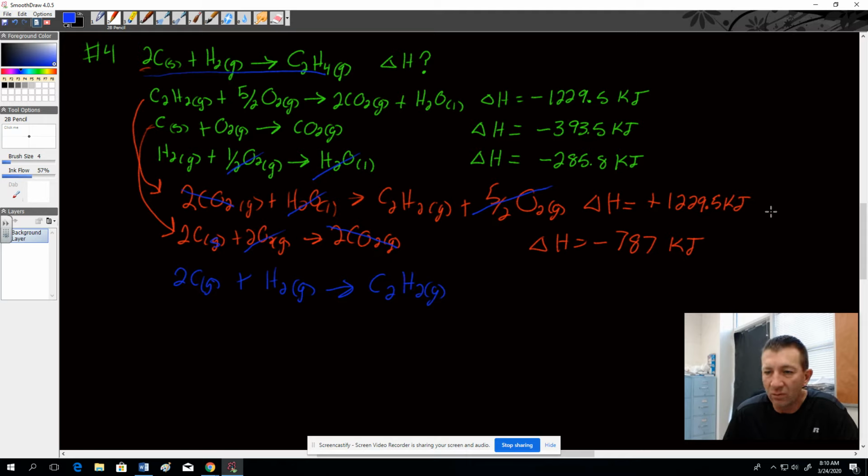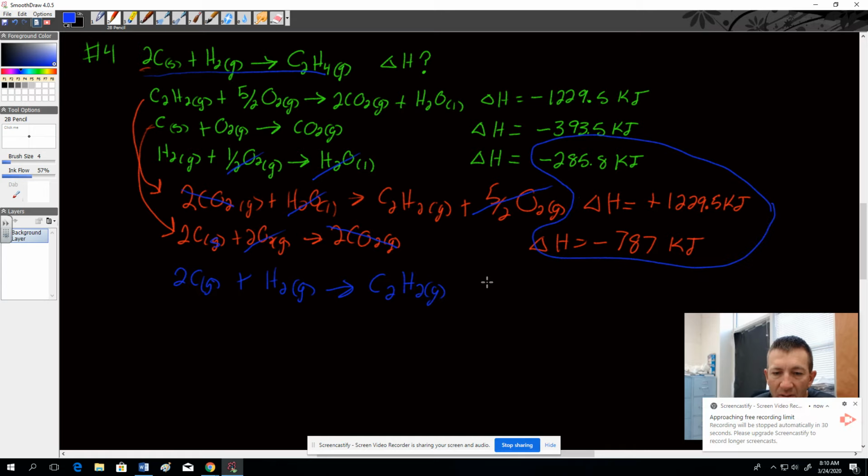And then what we're going to do is we're going to take those 3 right there, and we're going to add them together now. And when we add those together, our delta H becomes 156.7 kilojoules. And that's how you do number 4 on